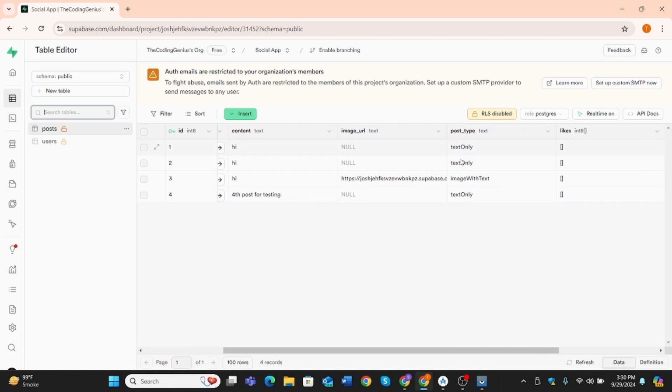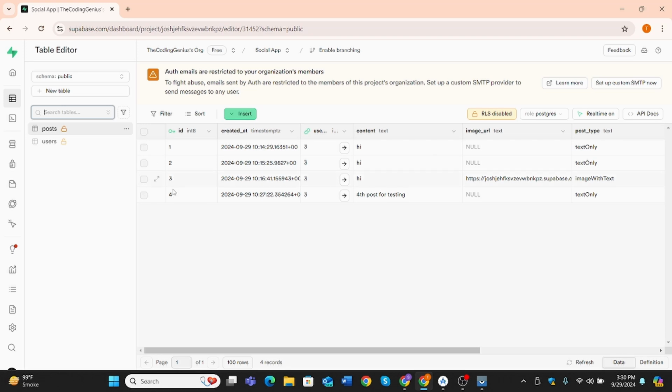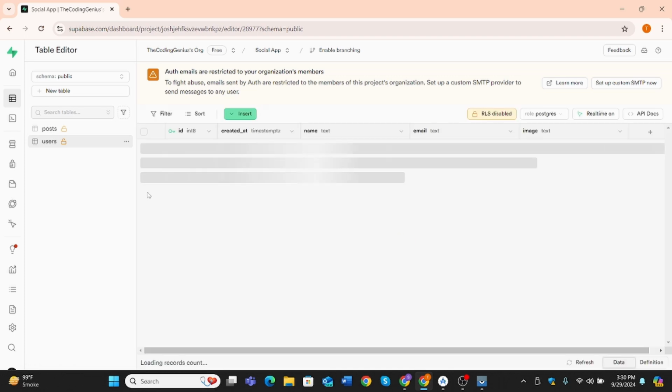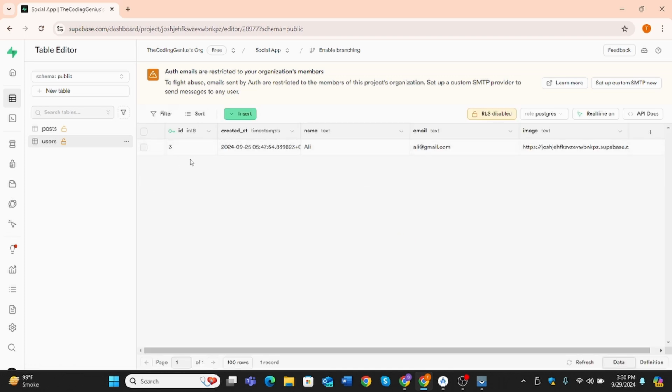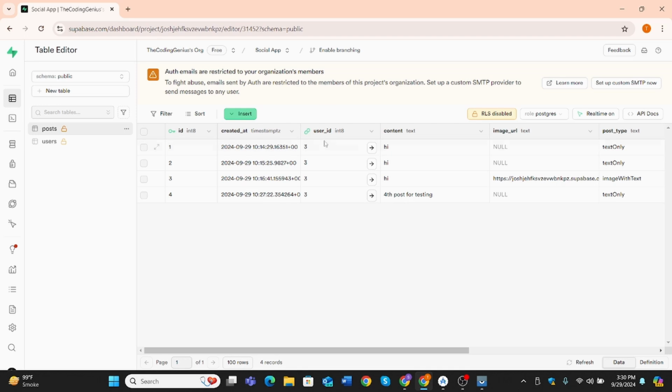And here you can see post type is text only, and there is no image URL, and this is the text, and this is the post ID, and this one is the user ID, which user is creating this post. If we come to users, then here you can see its ID is 3, and if we come to its posts, here you can see its user ID is 3. Okay, so let me show you how I have created this posts